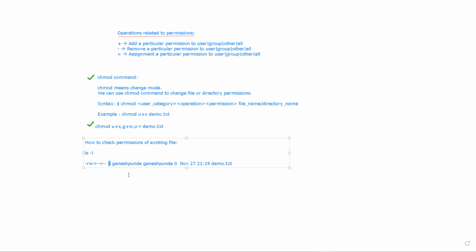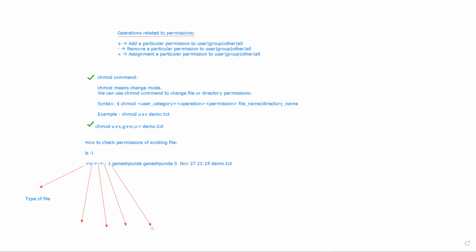So basically, this represents the type of file, right? This represents user permissions, this represents group permissions, and this represents your other permissions.